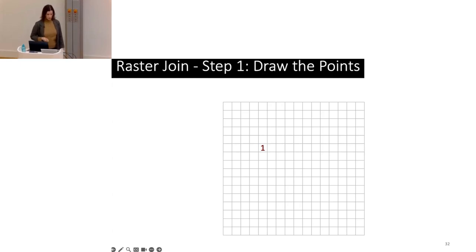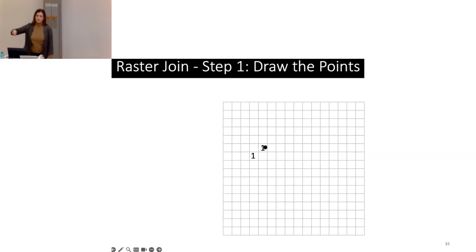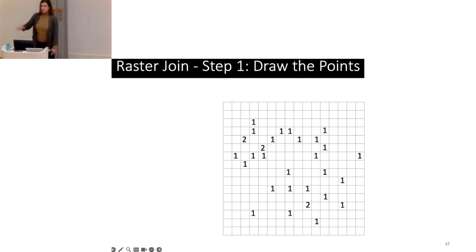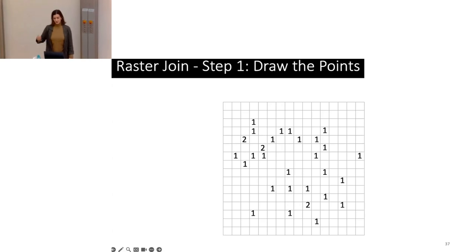So here it's just one point. I draw another point, and again I'm increasing the counter for that pixel here. I draw the next point. I see that I've drawn something else in that pixel before, so I just increase the counter to 2. And as you can imagine, I keep doing the same thing for all my points. And in the end, once I've drawn everything, each pixel of this canvas contains the aggregate of all the points